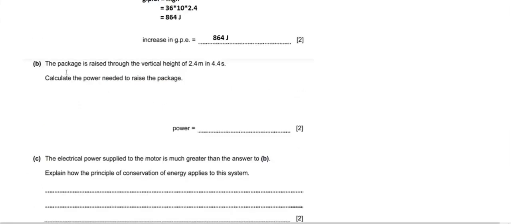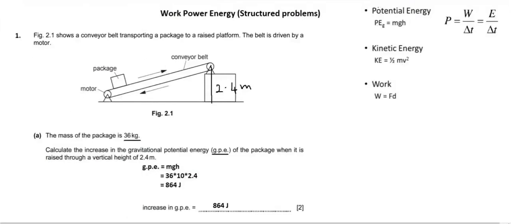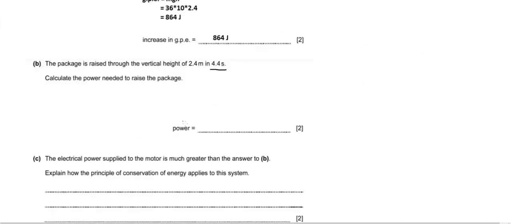Now the question B here: the package is raised through the vertical height of 2.4 meter in 4.4 seconds. Here additionally the time is also given. Calculate the power needed to raise the package. So we are going to use the work power formula. Power is nothing but work by time, or the energy by time. So I will write down over here, power is nothing but equal to